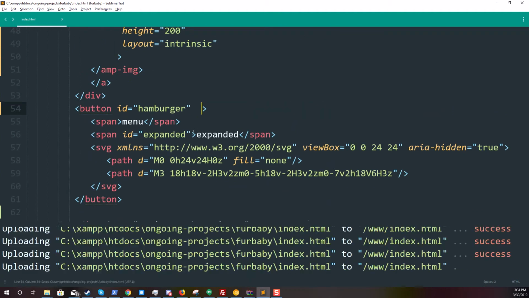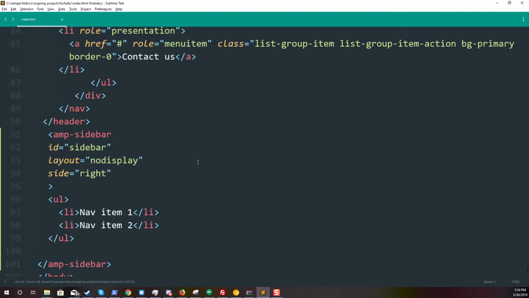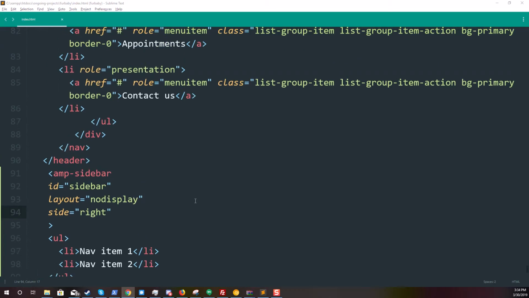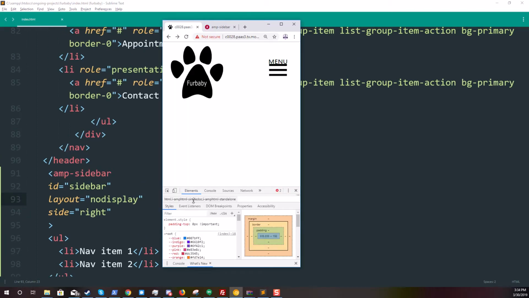Okay, let's talk a little bit about triggers. Remember earlier when I told you that AMP has a component called AMP bind, which produces JavaScript-like syntax, but no really, but kind of acts like JavaScript? Well, we're gonna need AMP bind here. And what we're gonna do is, in order for the sidebar to work, let's go.